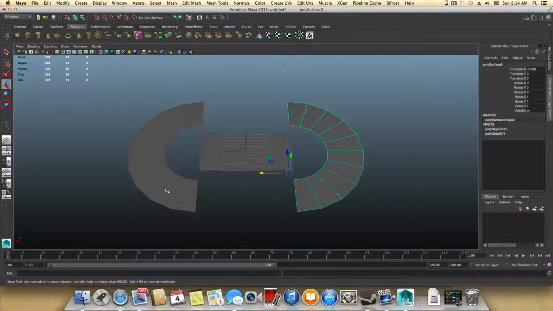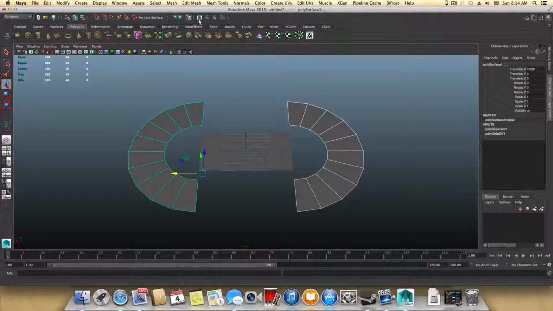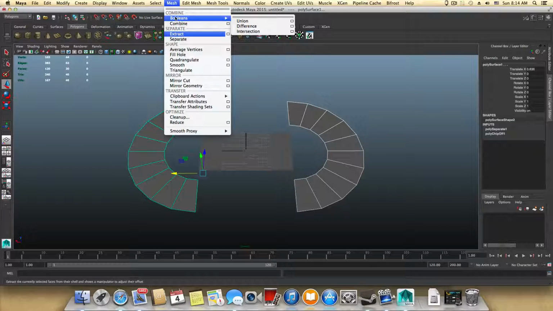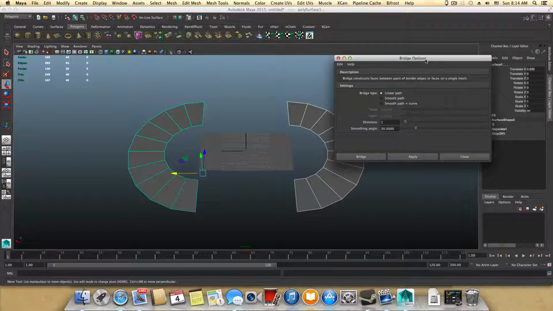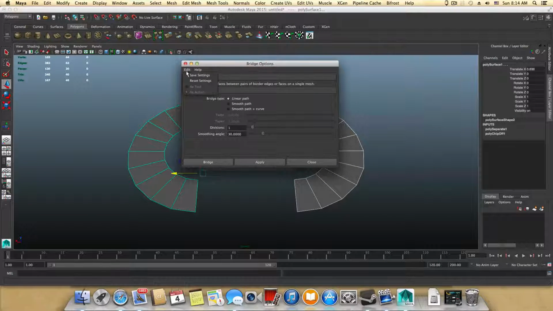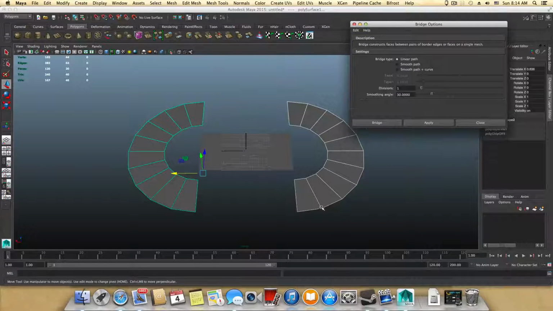So you grab one piece, shift select the other piece, go over mesh and edit mesh and choose the bridge option. This is the little box, is the option for the bridge. You're gonna go over edit first, reset settings, and make sure that on the division column you type in 1 and hit the enter. When you've done this, you can simply